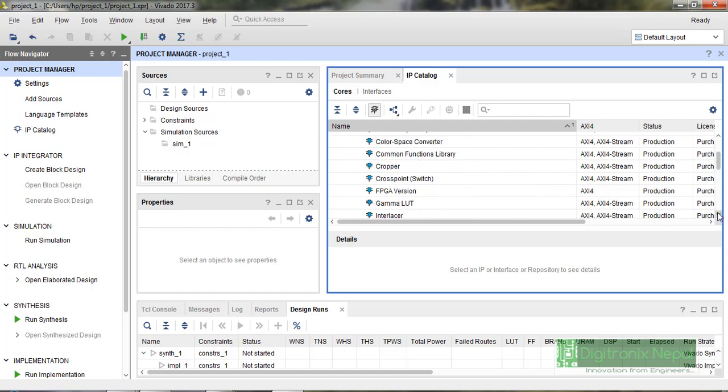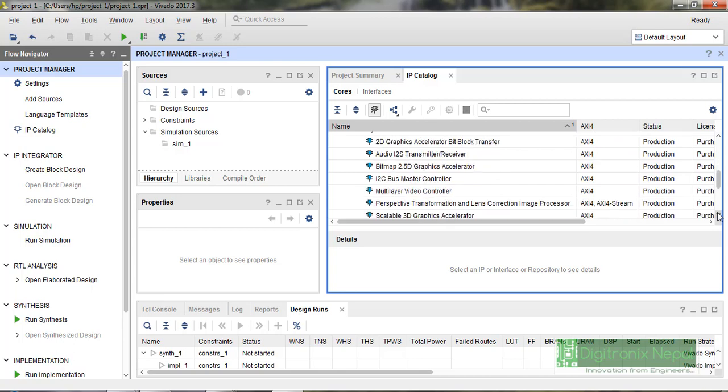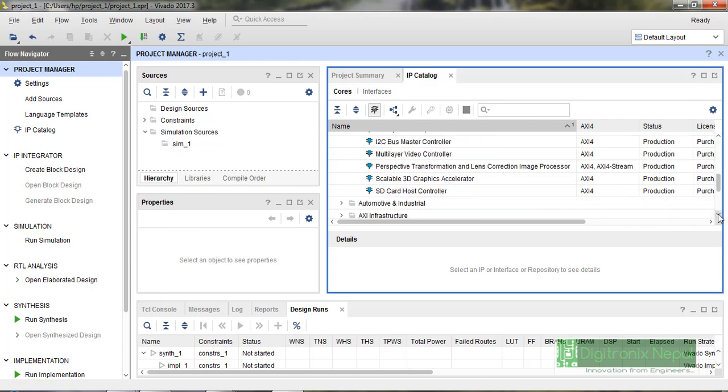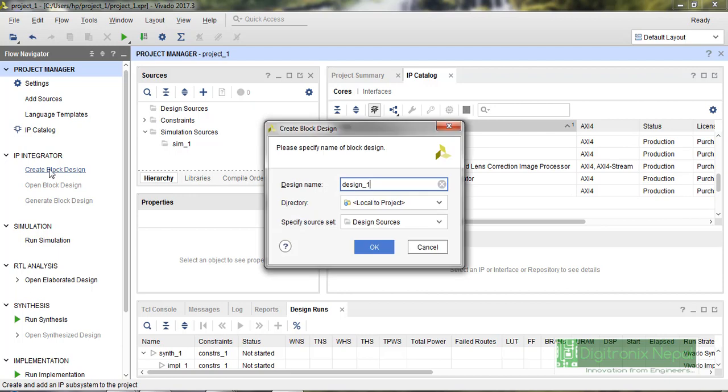We can see different types of processing IPs there. There are some filtering blocks and an Omnitek scalable video processor block here, so you can utilize this type of block. There is also a scalable 3D graphics accelerator. The accelerator is actually implemented on the programmable logic part, and we can have an SD card host controller from a different IP manufacturer too. So let's go to create new